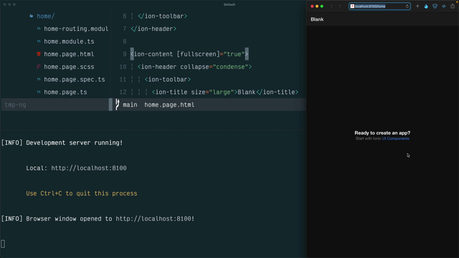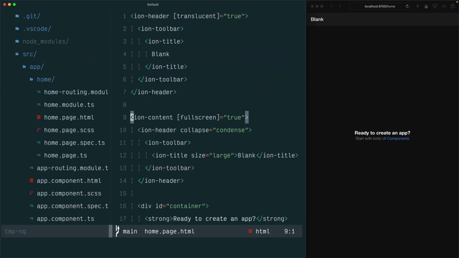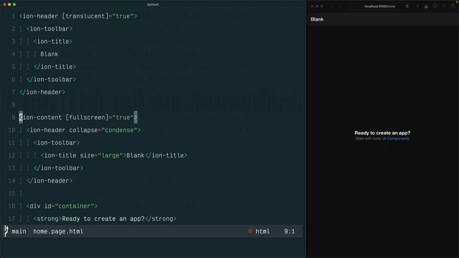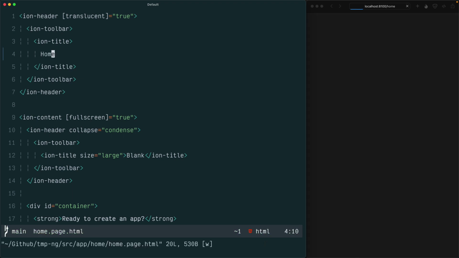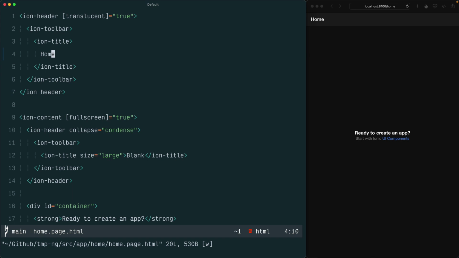So we can see over here, we have it running inside of our browser. We can see this little header bar. We can see our main content area. So let's do a quick little window management. And then we're going to just focus on this homepage for a little bit to understand what we have going on. So we have our header. We can see that it's using this property that we can touch on in a little bit, but you can see we have title, our toolbar and title. So if we change blank to say home, we can save this,